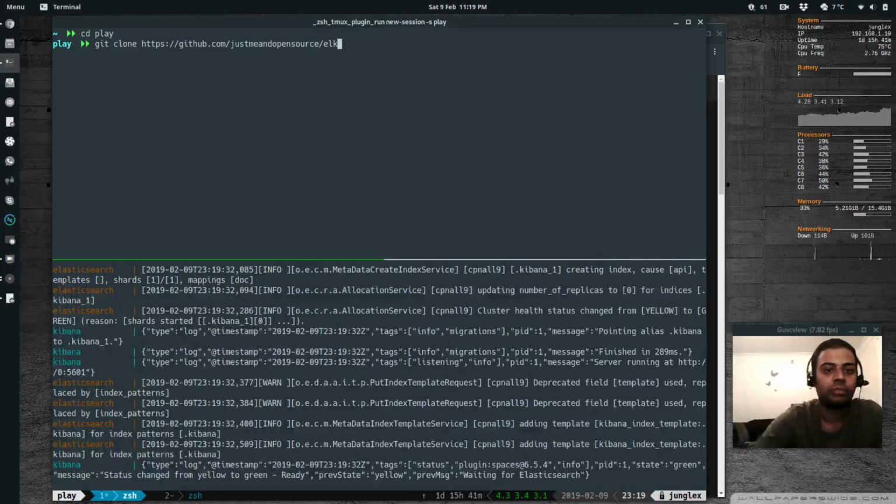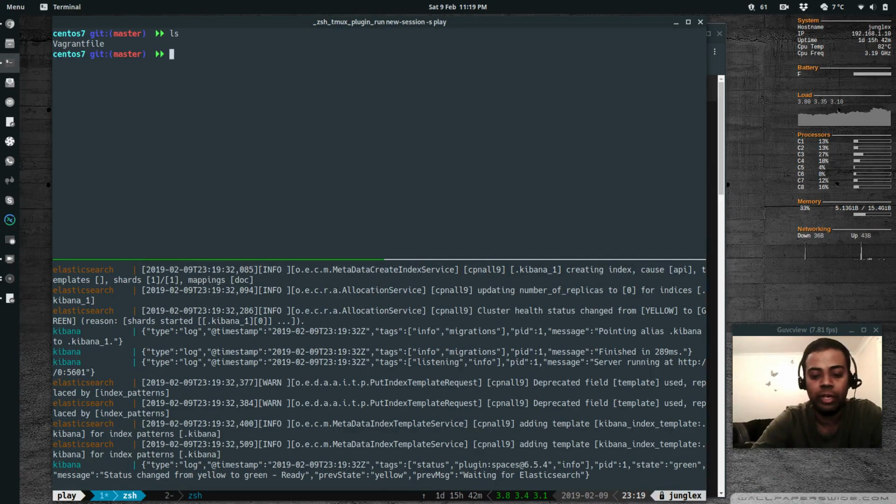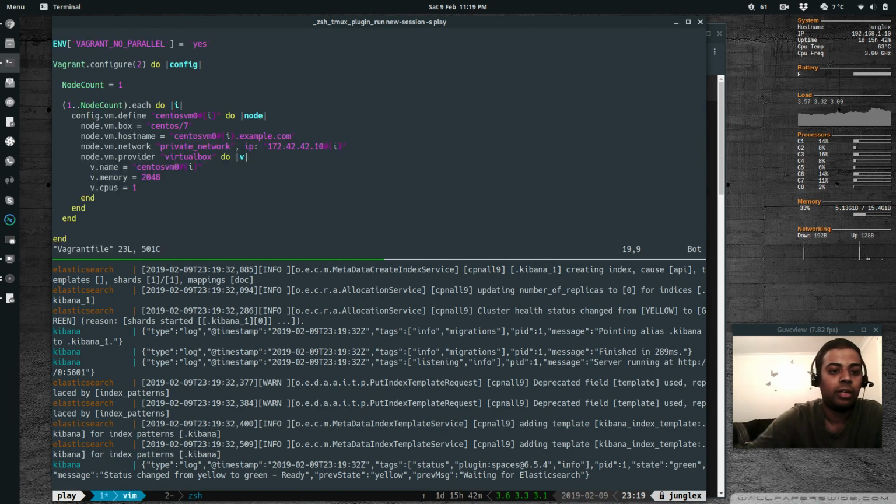Git clone https github.com, just me an open source Vagrant. cd to Vagrant and then to Vagrant files. In here you can see a Vagrant file for CentOS 7 and Ubuntu 18. So I'm going to cd to CentOS 7. I've got a Vagrant file here, vi Vagrantfile. It's just one CentOS 7 machine with an IP address